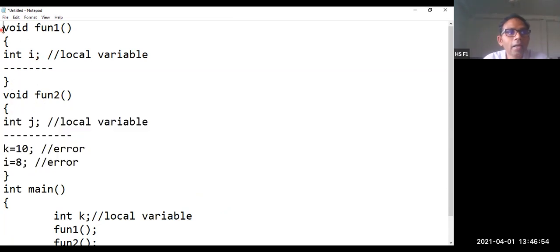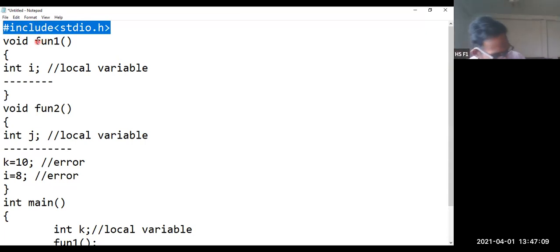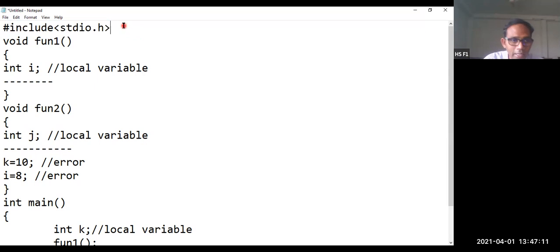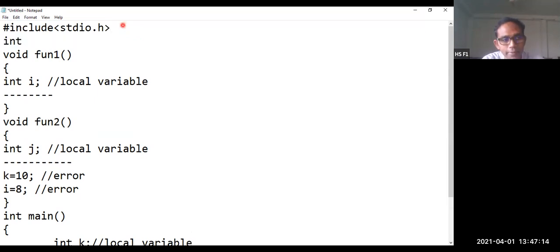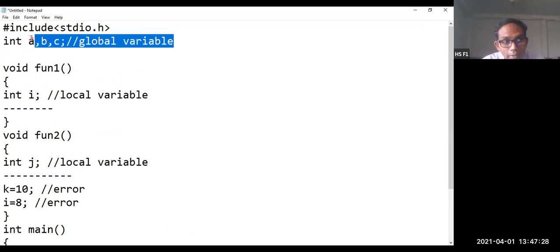What is the alternative? Above the functions, you may write something like hash include in angular brackets stdio.h. This is the declaration of a header file. After that, if you write integer a comma b comma c or anything else, then this is called a global variable. What do you mean by a global variable?